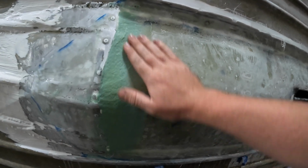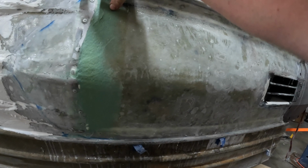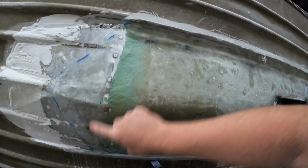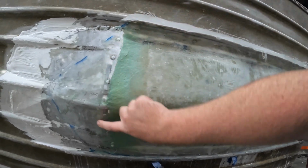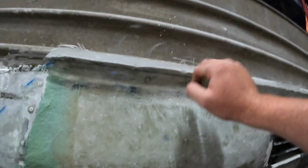So now I'm gonna sand this down, scuff it up, and then I'm gonna cut me some strips of fiberglass that are gonna go from there to there, and then maybe one that's a little longer that'll come back to here or so. And then get this top layer cut off because I haven't got that off of there yet,